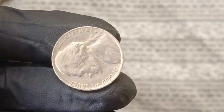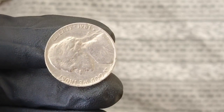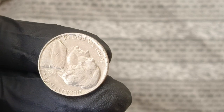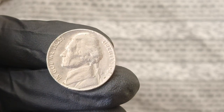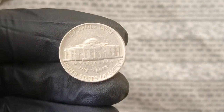And these incredible misstrikes are not just valuable because of their error but because of their extreme rarity, often one of a kind, and in the numismatic world, rarity plus condition equals explosive value, especially when combined with historical significance and the drama of a mint mistake that shouldn't exist, and in at least one documented case, a